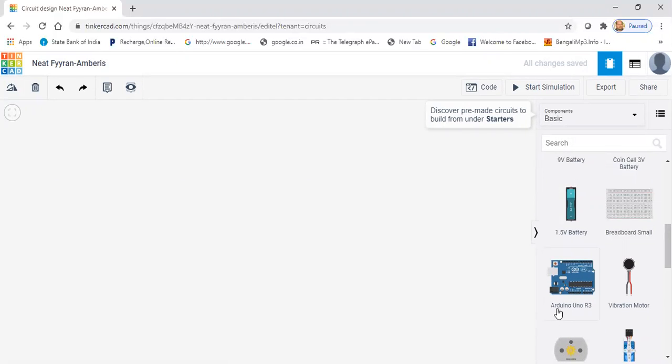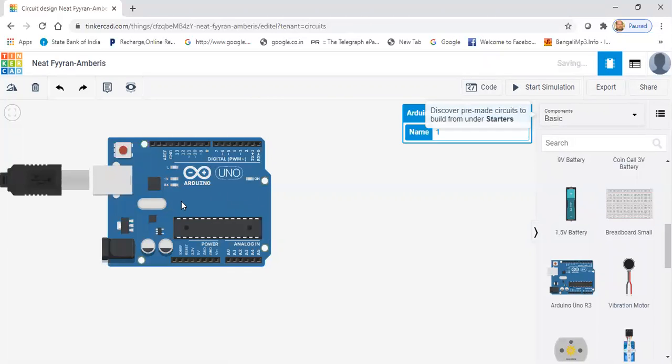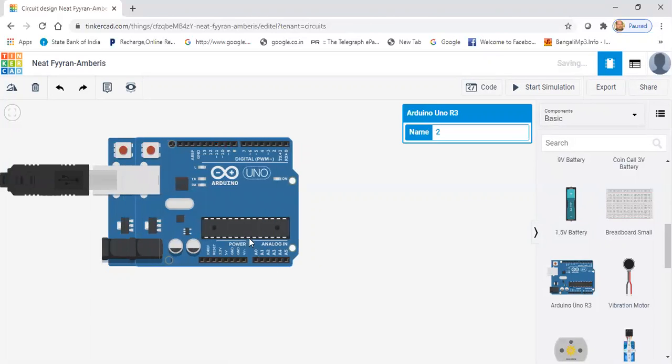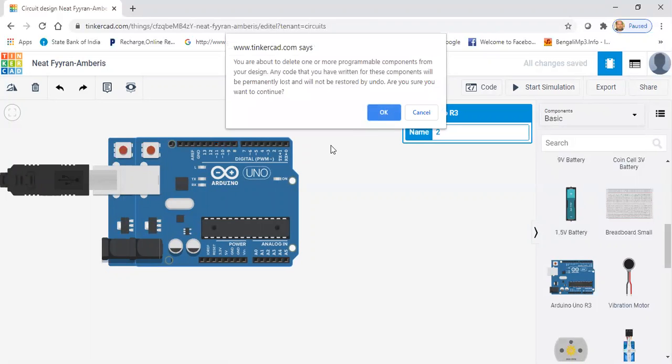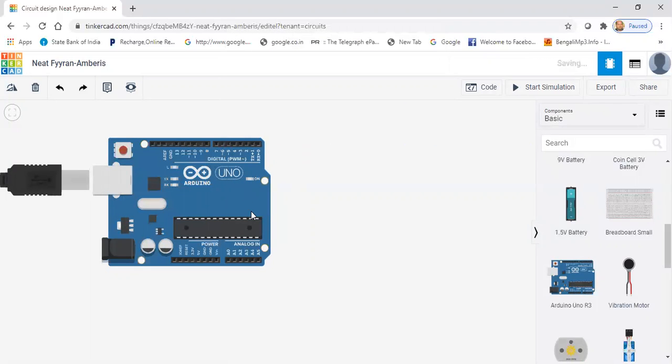For example, we are choosing this Arduino UNO. So we just click here and drag to this part. So this is Arduino UNO board.